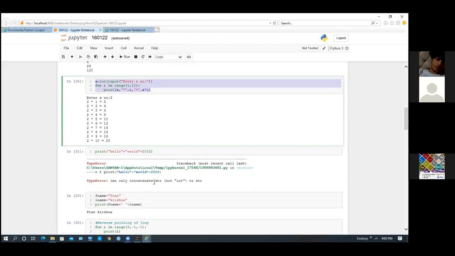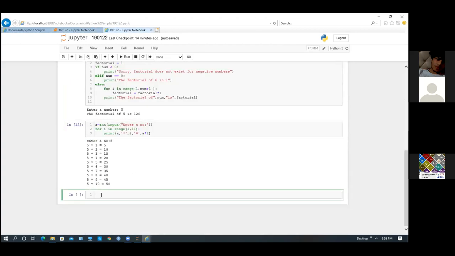Now, let me do one thing. If I write print, then I am writing hello plus world. So plus is a concatenation operator in Python.